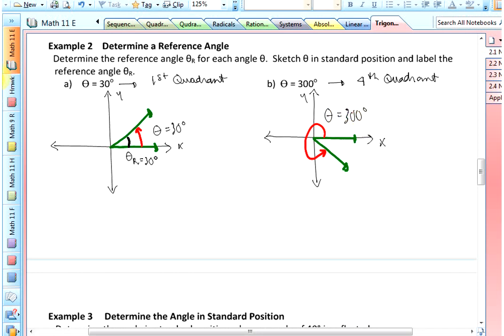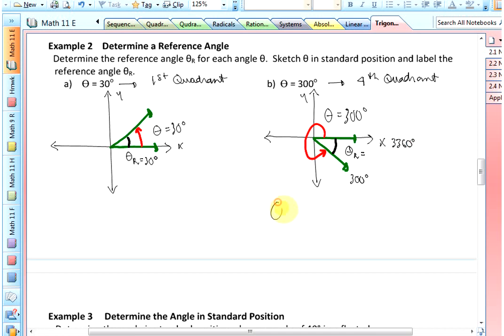Okay, your reference angle is between the x-axis and the terminal arm, so we'll put a line in there to indicate that. Remember, it doesn't have direction, so don't put any arrows on it. We will label it theta subscript r. Okay, so how do we figure out what that angle measurement is? Well, we can see that 300 degrees is almost a full circle. Okay, and we know that a full circle is